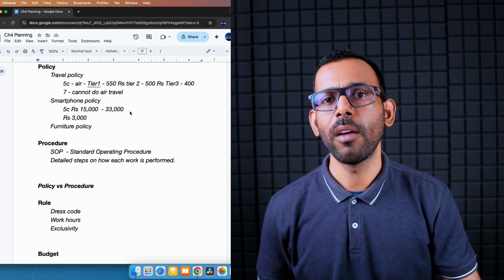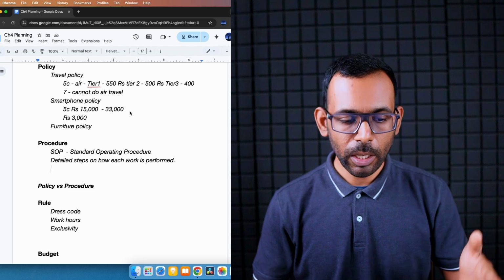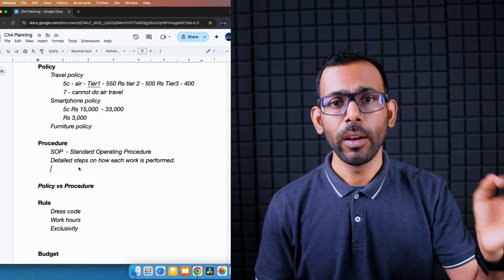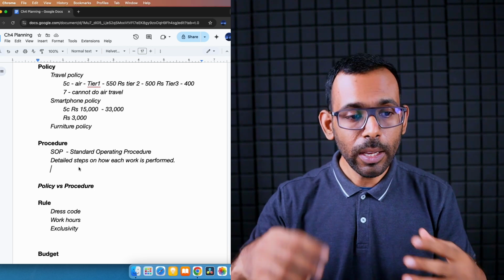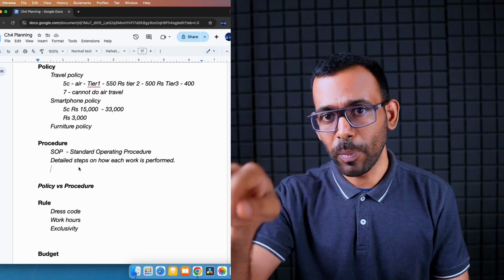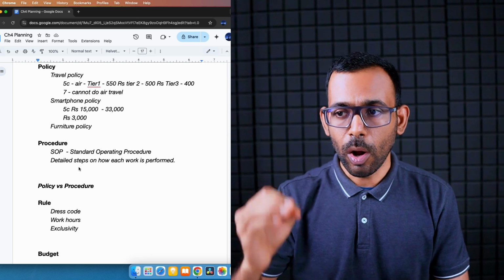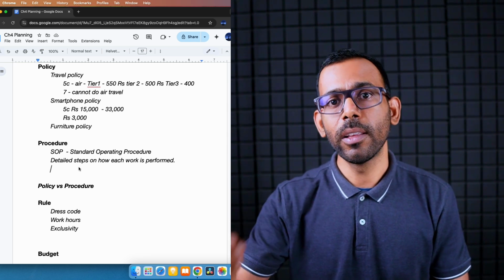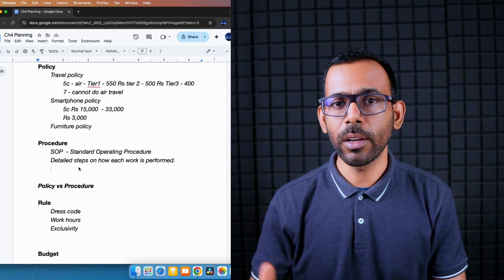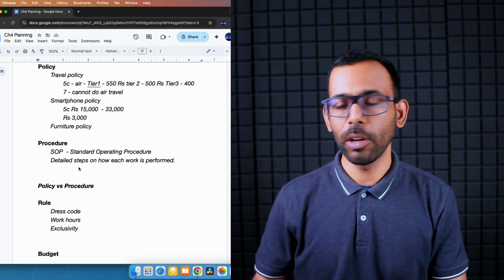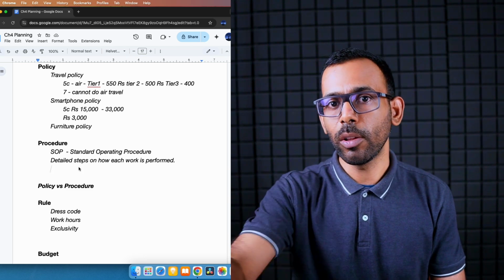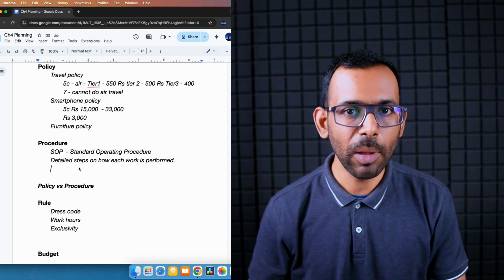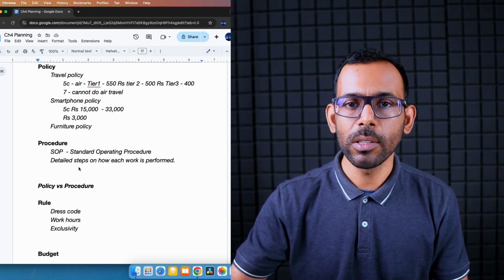Now this is the travel procedure. If an employee has to go to a place, what are all the limits? That is the travel policy. The travel procedure is when the employee really goes to a particular place, completes the travel and comes back. Now what are the exact steps to be done by this employee to get the reimbursement? Ultimately the objective is to get the money back, because I have done work for the company and spent my personal money on the way, so the company has to reimburse it to me. So what are the procedures that will be followed?